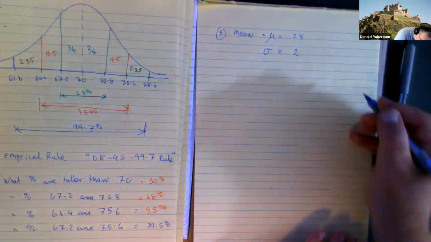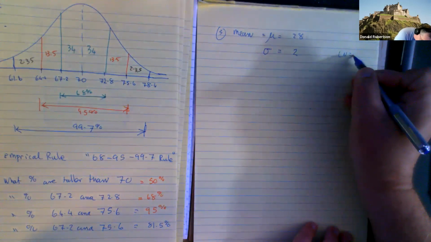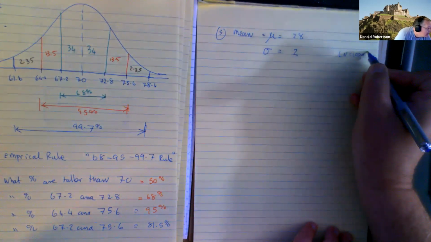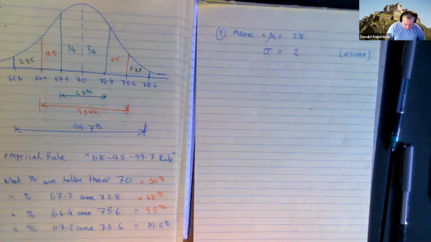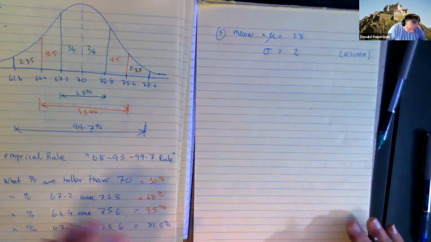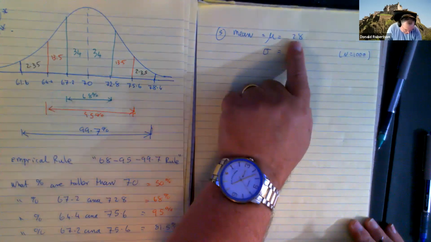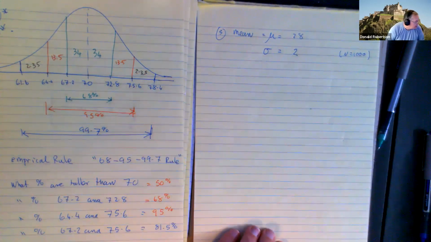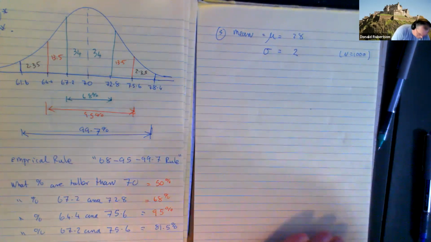And the difference between this one is that there's 1,000 eggs being incubated. So they're probably putting one of those light places, you know, where you just have a heat lamp and you don't need the chicken to do its thing. Right, so mean is 28, sigma is 2, and they asked us,